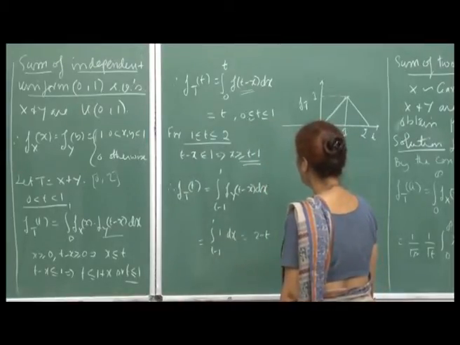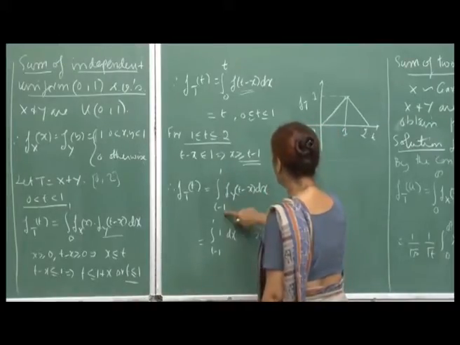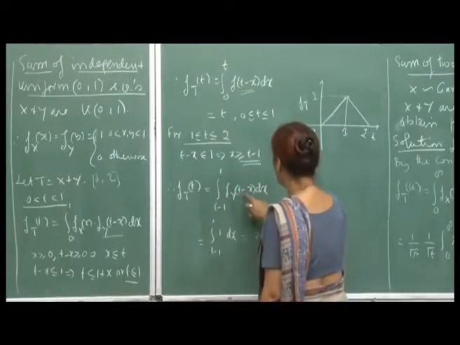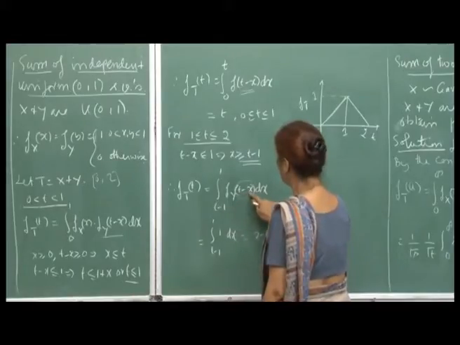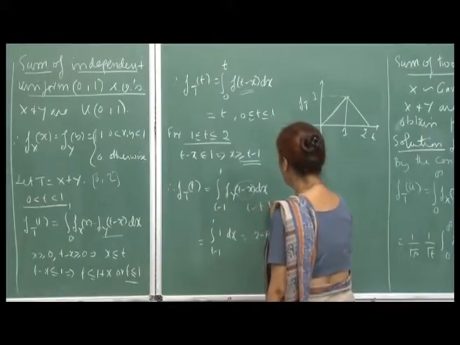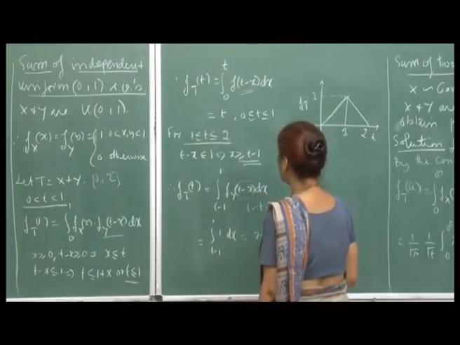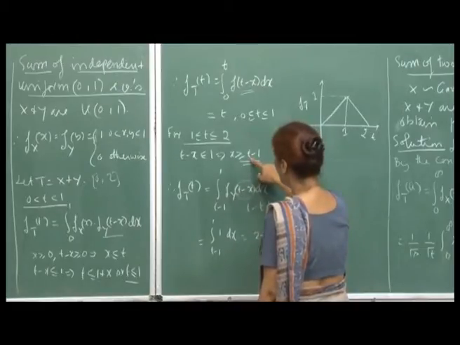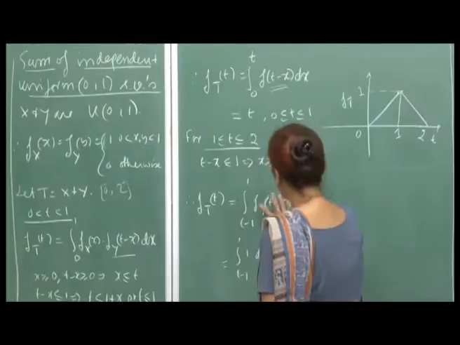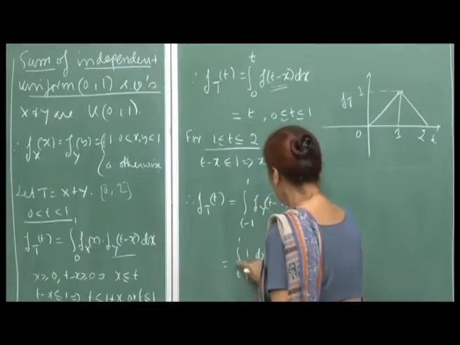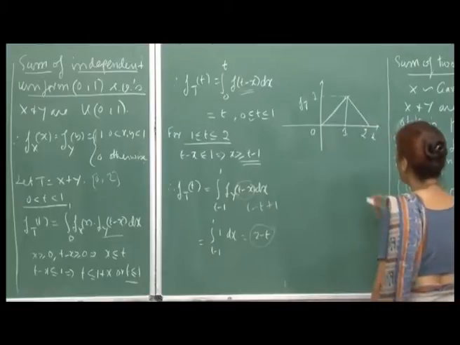So, this is t minus 1 to 1. That means my x can vary from t minus 1 to 1. At t minus 1 this will be 1, because t minus t plus 1, and when x is 1 this will be t minus 1, because x has to be greater than or equal to t minus 1. So, therefore, the range is this, and again in this range this function is equal to 1. So, the integral is t minus 1 to 1 of dx, which comes out to be 2 minus t, and that will be your